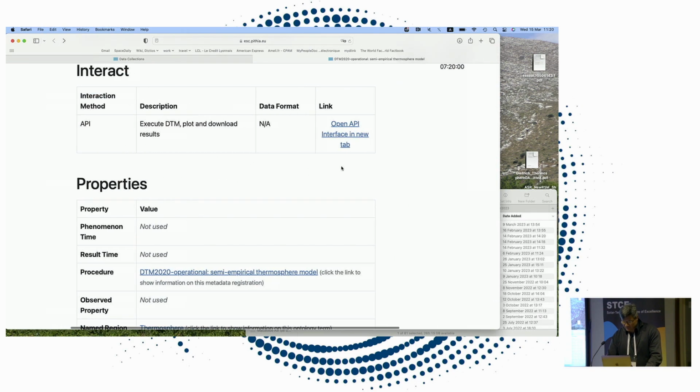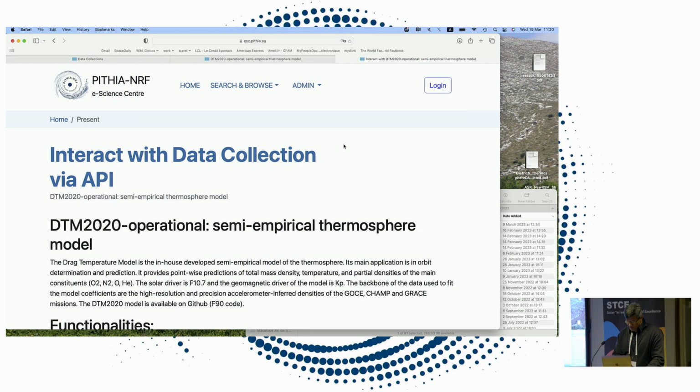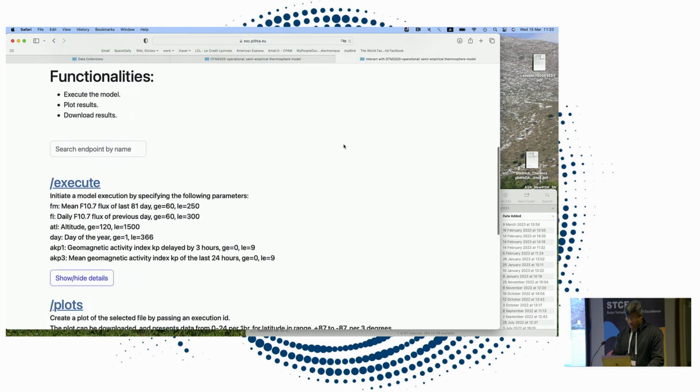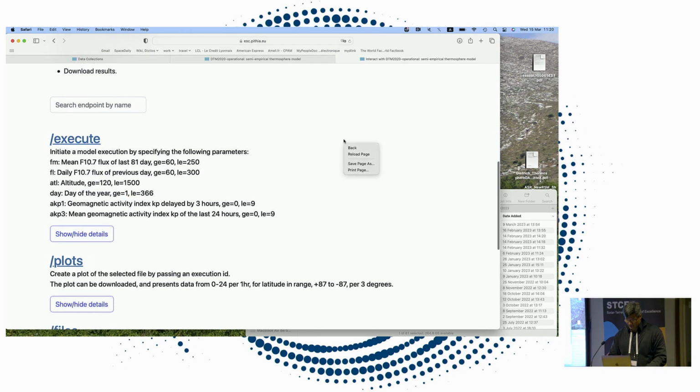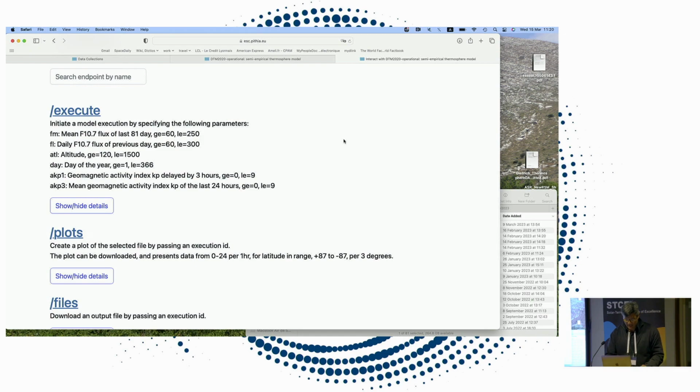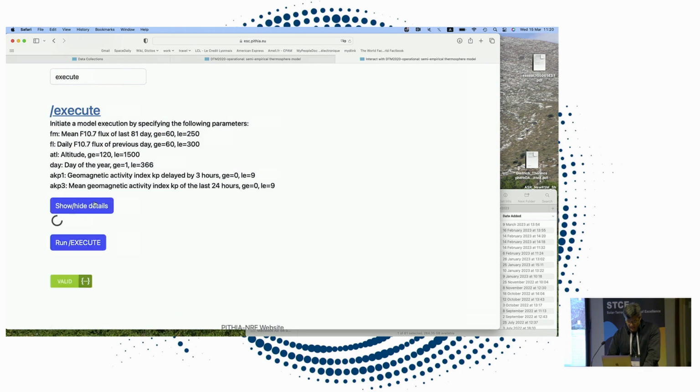So this is one of the models that is accessible through an API. This is the API that is generated automatically through the eScience Center. So it's not optimized for DTM. This is a general layout of this automatically generated API. So you can run this model in this way. At the top you have execute. There's an explanation given of the parameters that you have to fill out in the next